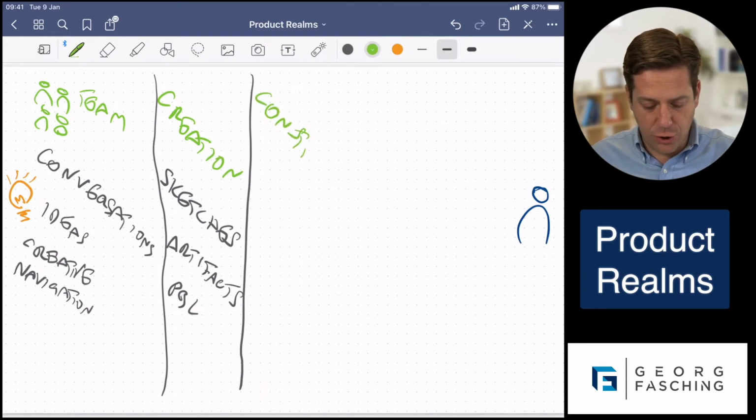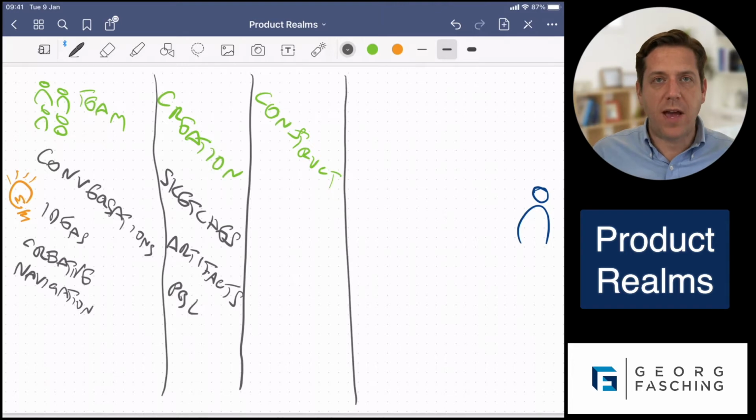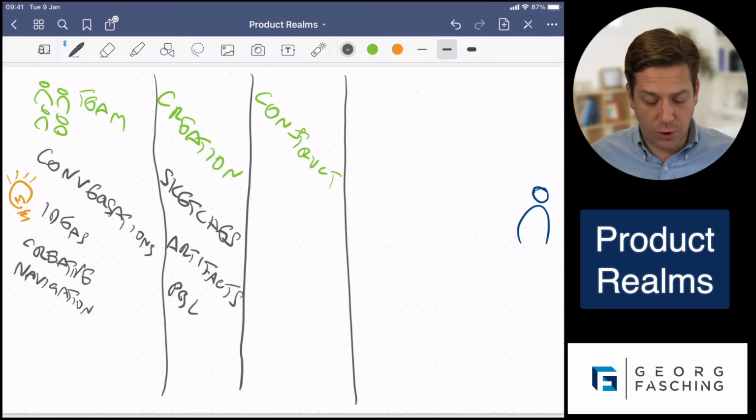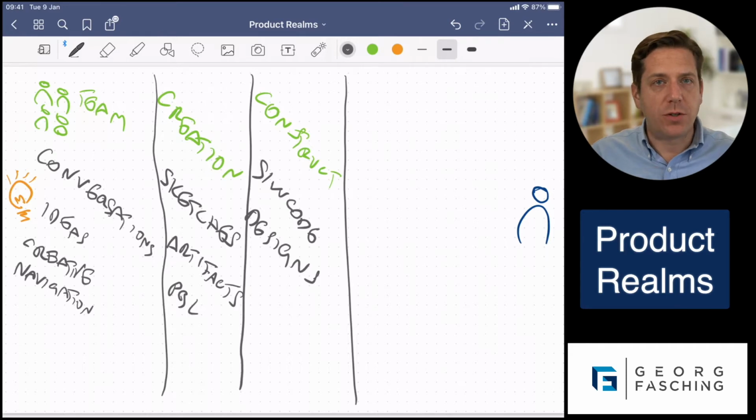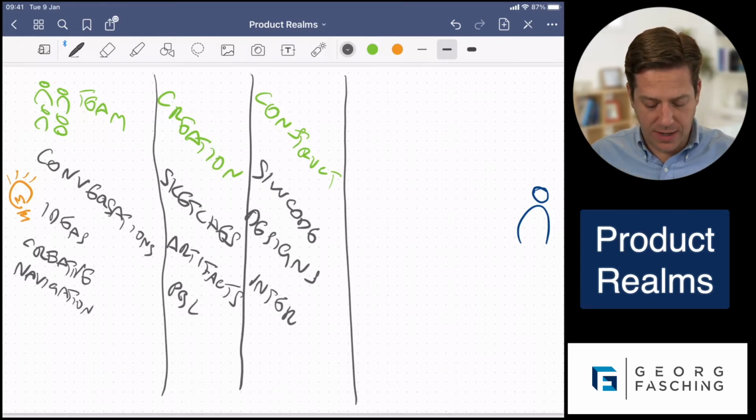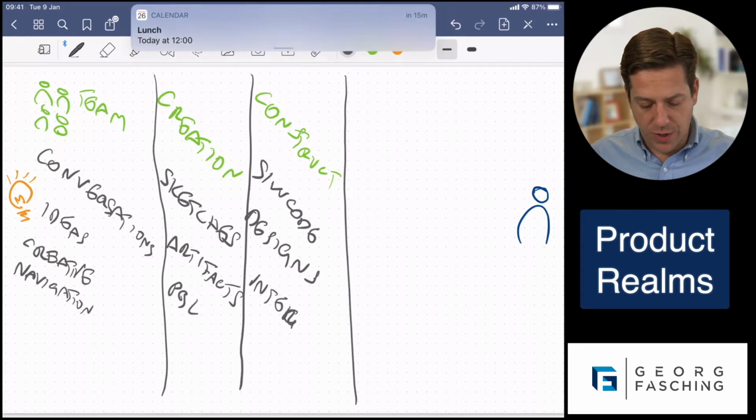Then we're going into the next realm, and the next realm is what I refer to as the construct. In the construct, this is where we have things like the software code, we have designs, and we have all sorts of different integrations that we need to be aware of that are actually making this up.